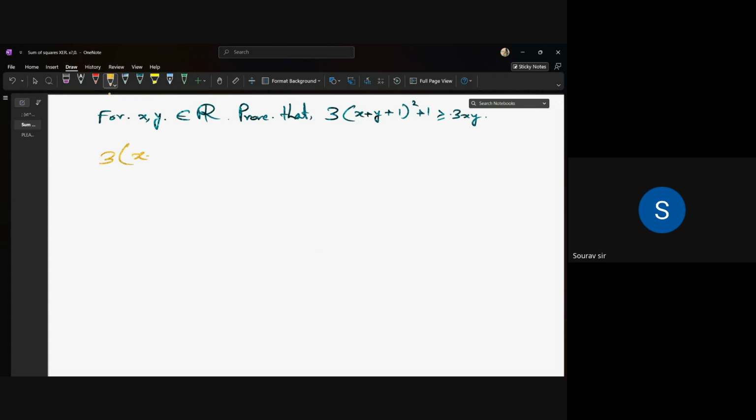We can easily see that, so then our left hand side is now being